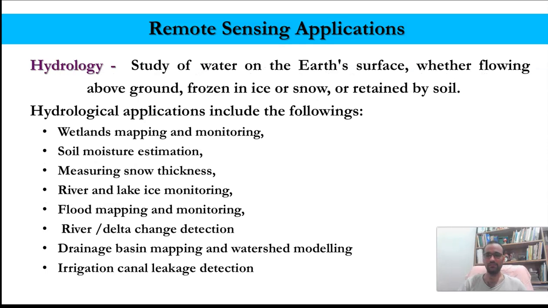Then hydrology, very important. When we study water science, you need to understand the water on the earth surface and how water flows above ground. Okay, and is frozen in ice or snow or retained by soil. So this kind of study we can do in hydrology using remote sensing. And these are the following applications of remote sensing: wetland mapping and monitoring, and soil moisture estimation. You can also estimate the soil moisture,